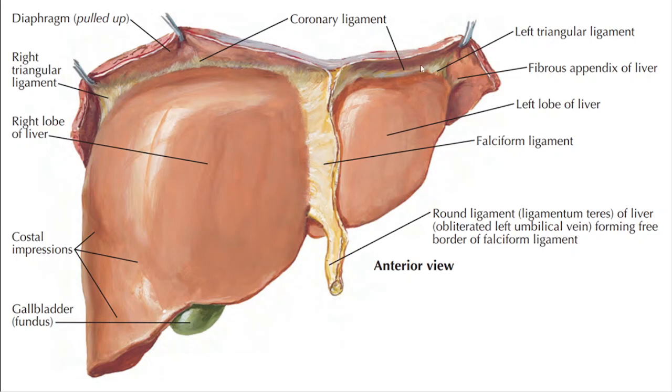Right. Similarly, this is the anterior layer of the left coronary ligament, and where the anterior and posterior layers become continuous. Here, the posterior layer is obviously not visible, but this is the apex of the left triangular ligament, and somewhere on the posterior aspect there will be the apex of the right triangular ligament.